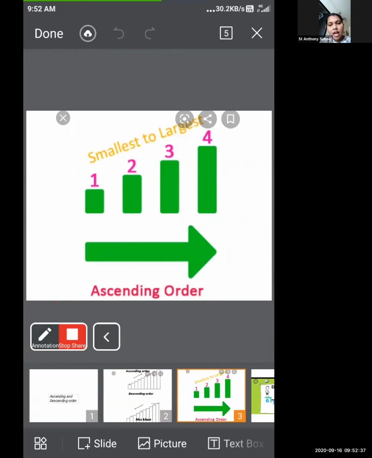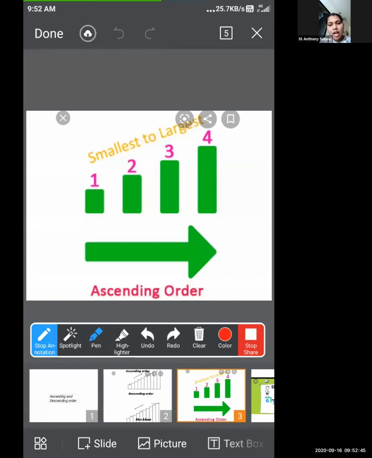Next, same, only ascending order, see here. Again, I explain to you. See, only ascending order. Here, writing, here are given some poles, right? Here are given some poles. And on those, it's written 2, 4.